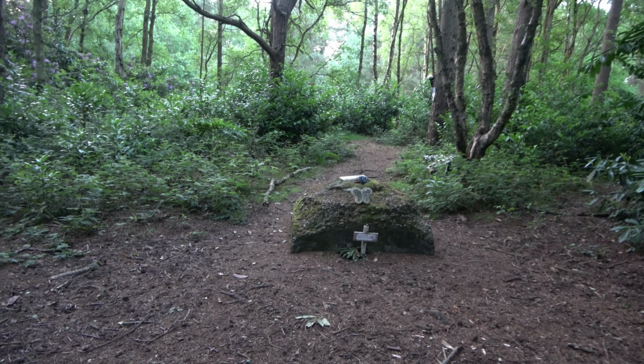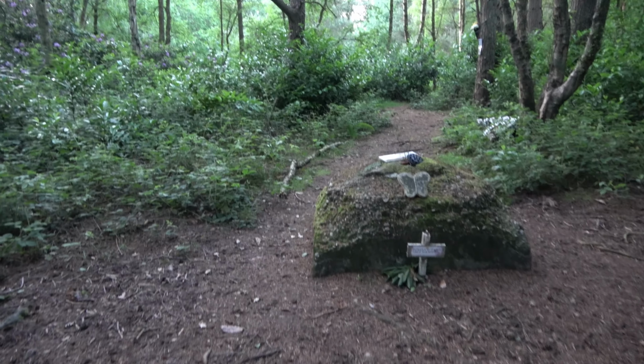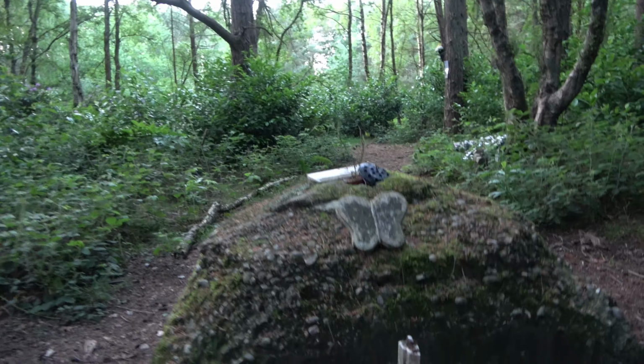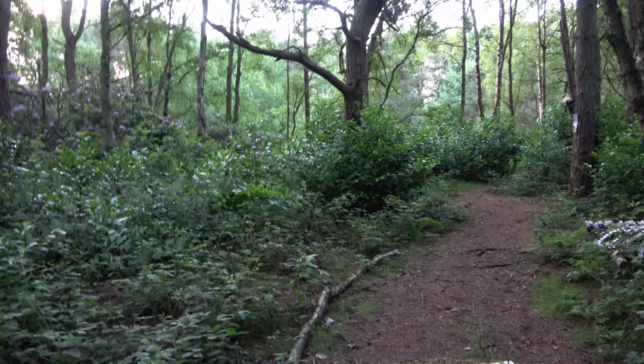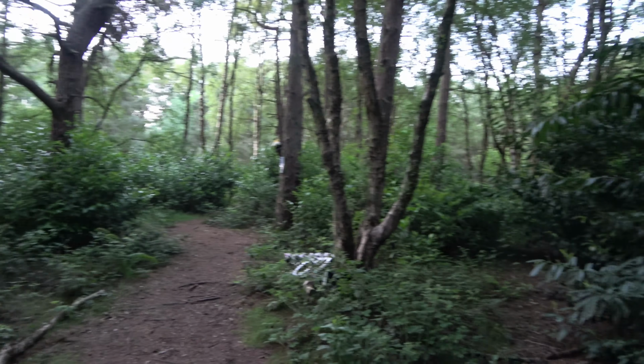So Simon's just polishing off the sign there because we are actually about to walk into the main entrance of the Great War Hospital. Now, what you're going to see during this video is lots of trees. Yeah, lots of foliage. Apart from the trees, you're going to see a few odd things about the place. But for example,